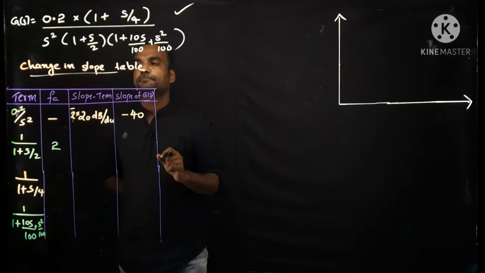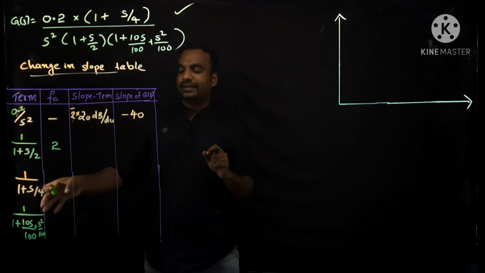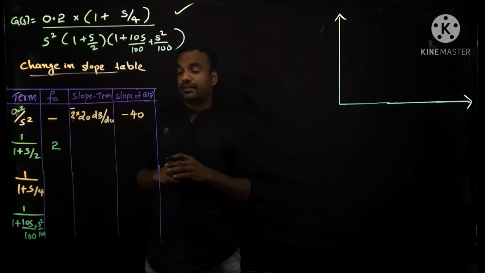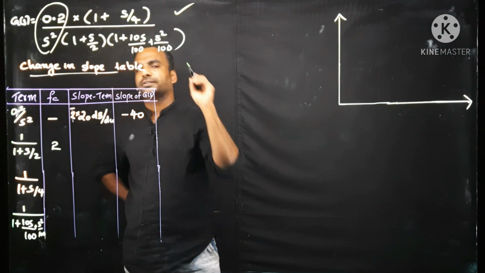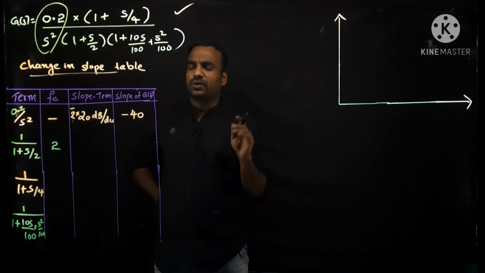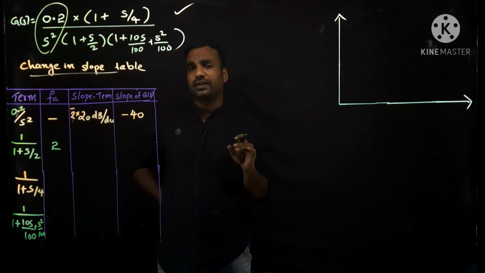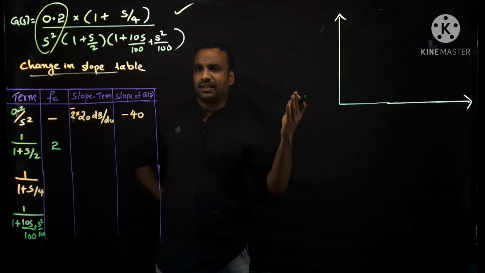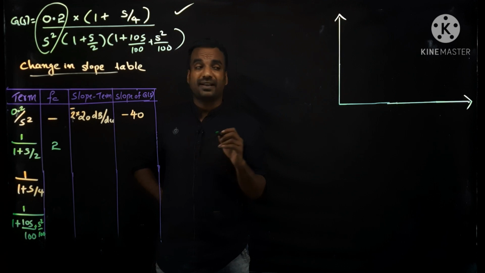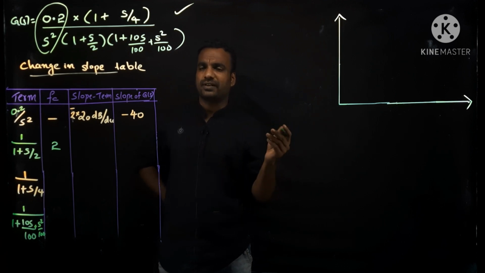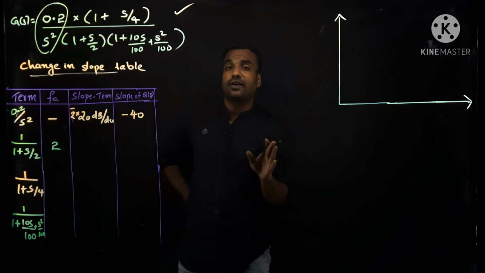Okay. So now I am arranging all the terms in ascending order of their corner frequency. Which is the first term? The first term is the term which does not have any corner frequency. 1 by s square, or k by s square, is the term which does not have any corner frequency because it is just an s term. If it is like s plus 5, s plus 10, or s square plus 5s plus 10, such terms will have a corner frequency. But a term simply 1 by s square or s square, that is an integrator or differentiator term, will not have any corner frequency.